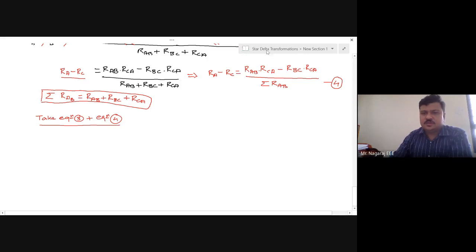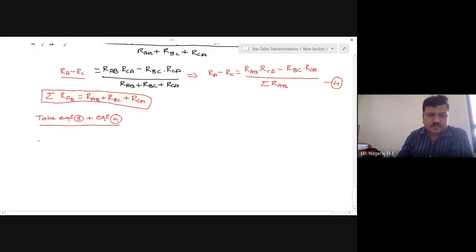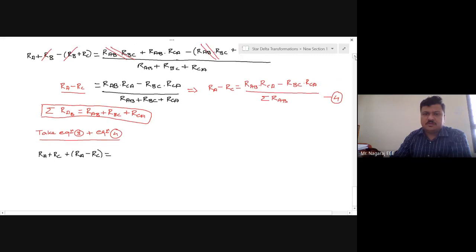Okay, so with this on the LHS side, what will I get? Equation 3 is RA plus RC, plus equation 4 is RA minus RC, equals to, yeah. Now equation 3